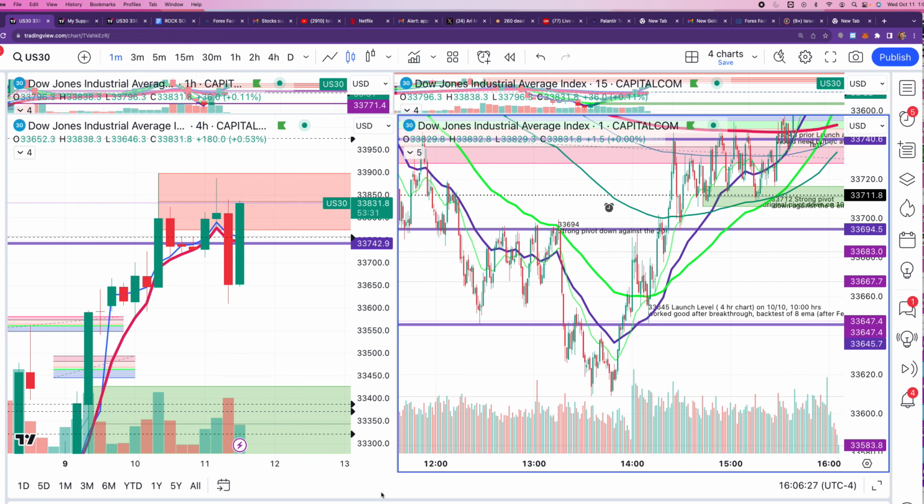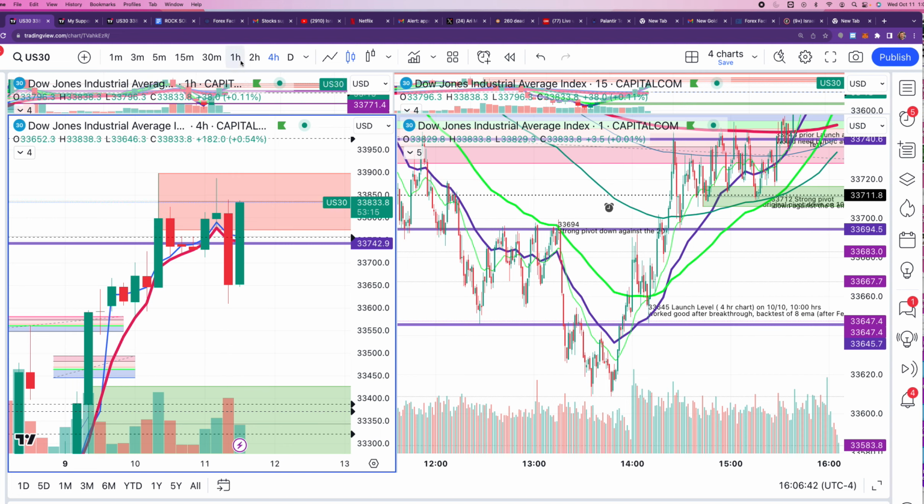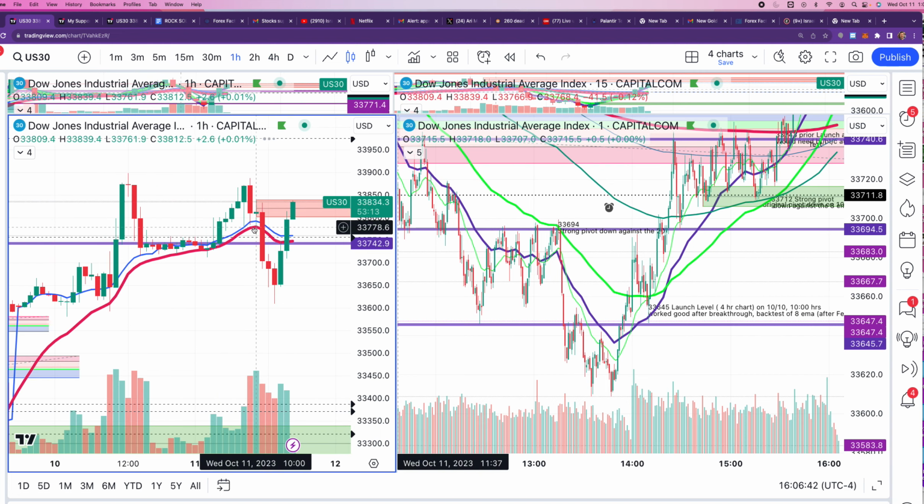Okay, here's a little tutorial on launch levels and pivots. Okay, launch levels. Launch levels simply refer to, on a 4-hour chart like this one, or on a 1-hour chart like this one,